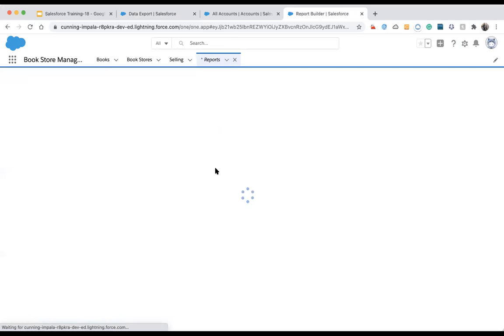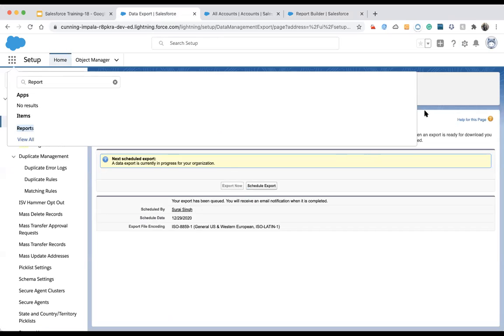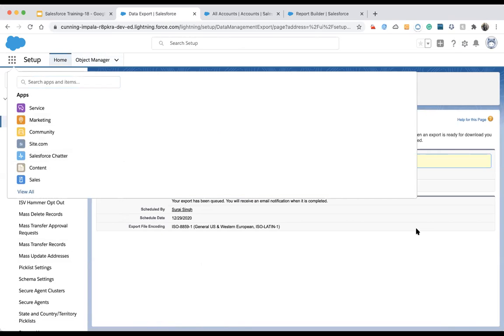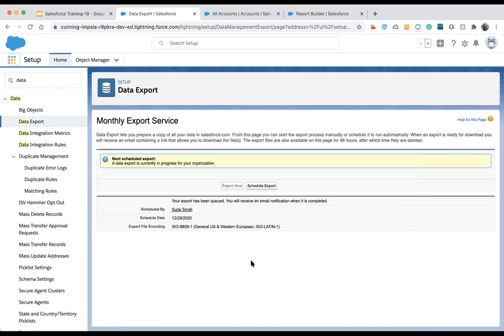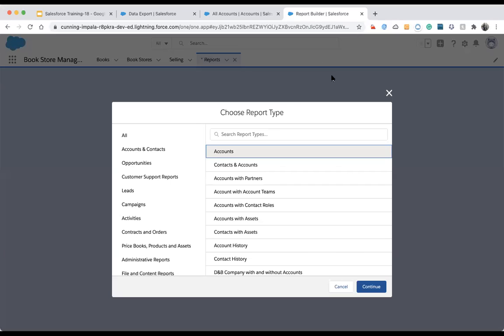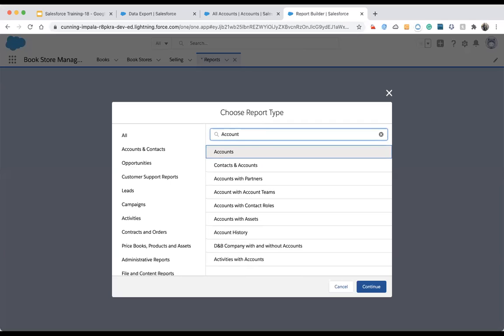Can we upload the data in case it is the same object as the destination? For example, Account is an object. You are trying to get an extraction for that object, and the destination object should have the same properties, right? Yes, the destination object will also have the same properties. Correct.